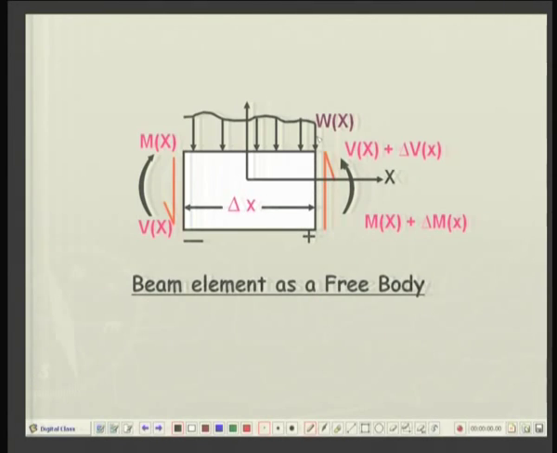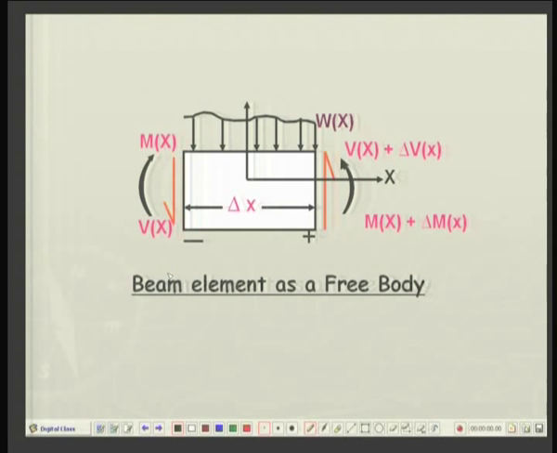Blowing up that segment of width delta x, Wx is the loading on this. Remember, on the right hand surface the outer normal is in the positive x direction, so it is a positive surface, and accordingly the left hand section is the negative surface. On a positive surface we have a positive shear force Vx going upward, and similarly on a negative surface we have a downward shear force which will be positive.